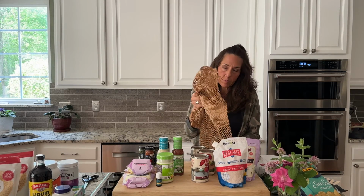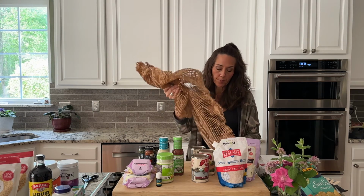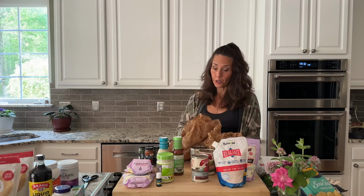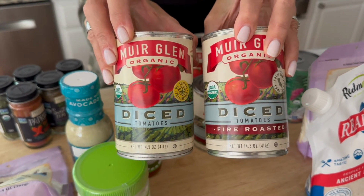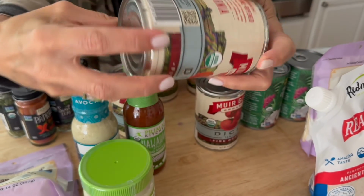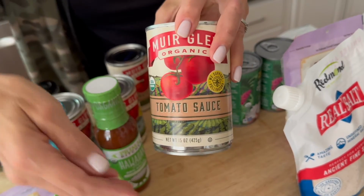When I order, I'll go ahead and tag on things that maybe our grocery store does have, but since I'm ordering, might as well. And a lot of times they are a little bit cheaper than what you get in the grocery store. The Muir Glen, I like them a lot, and we love our spaghetti. So the tomato sauce, the diced tomatoes, which I can never have enough of,